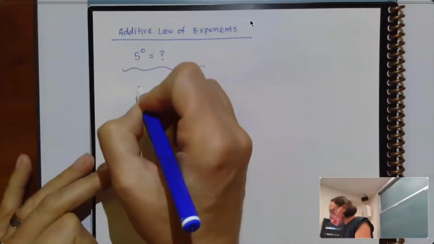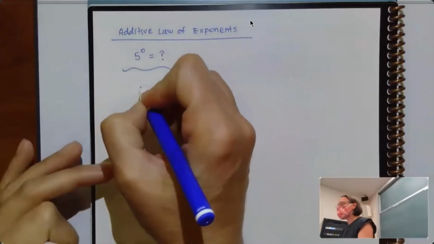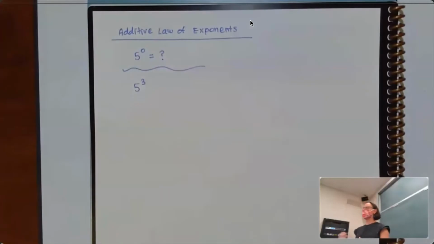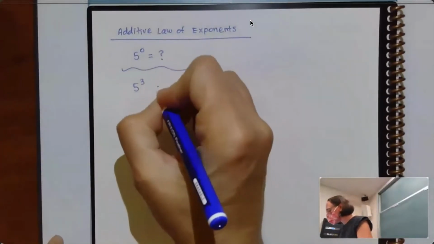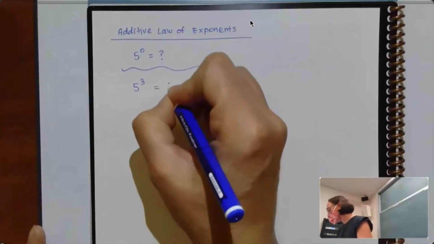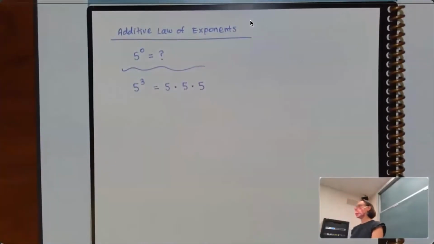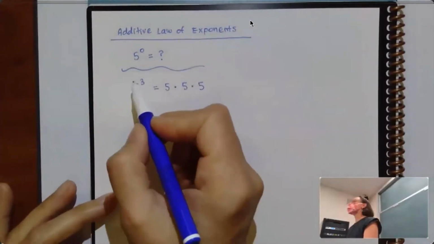So just notation-wise with exponents, if I write something like 5 raised to the 3rd power, I might read this as 5 cubed. I might read it as 5 to the 3rd. There are different ways we can say that, but this means in its expanded form that I'm multiplying 5 by itself 3 times: 5 times 5 times 5. So what the additive law of exponents really, at its heart, is saying is that this was just a shortcut notation